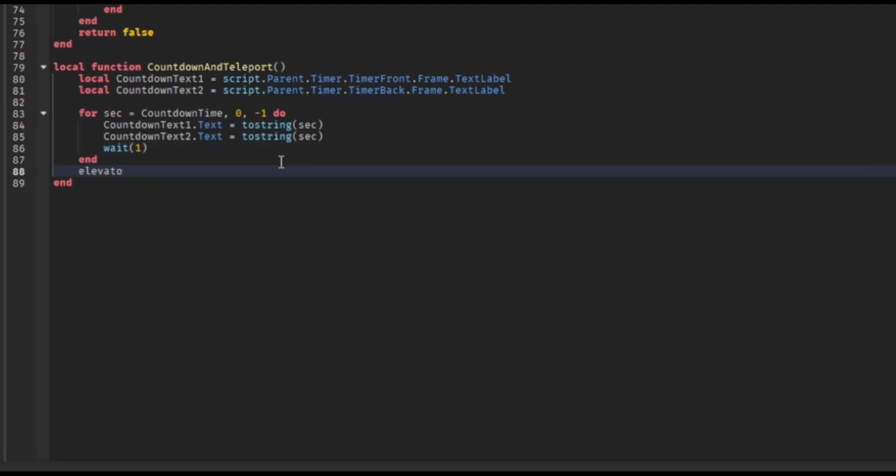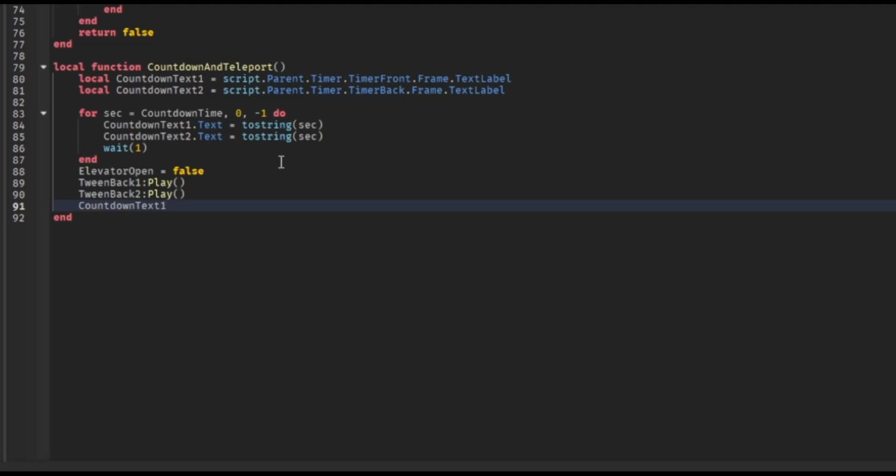Now elevator open is equal to false. Tween back 1 play. Tween back 2 play. Countdown text 1 dot text is equal to nothing, and then copy and paste this and change this to 2. Now we're going to wait 3.6 seconds and we'll say